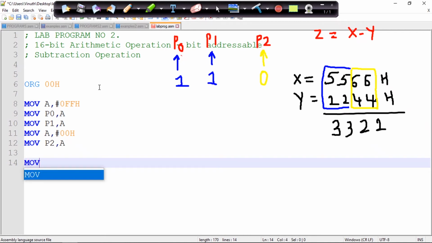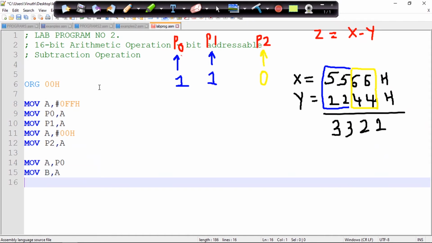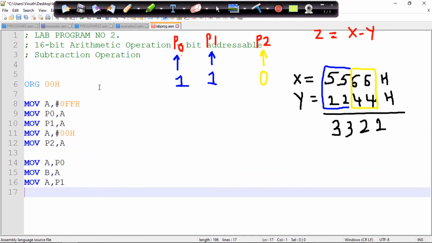I'll do MOV A, P0, so that the data which is present in P0 is loaded into the accumulator. I'll keep a copy in register B, so B will have the data which is present in P0. Now I'll get the data from P1, so A has the data collected from P1.